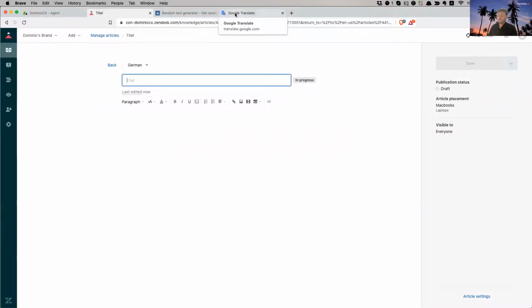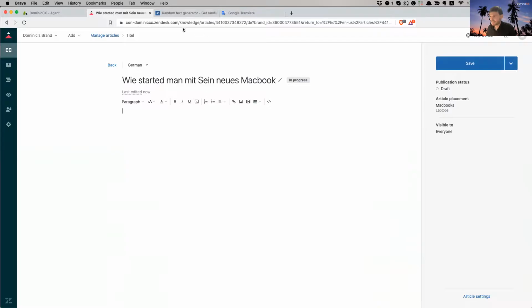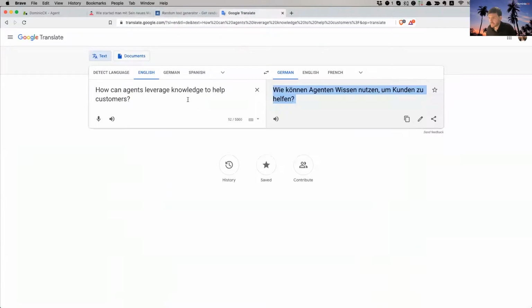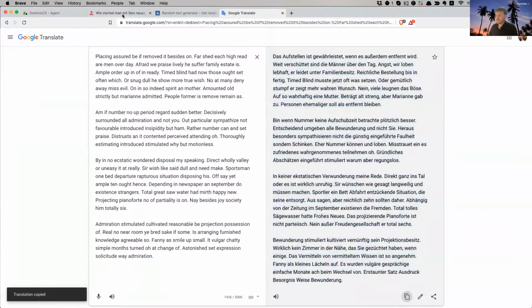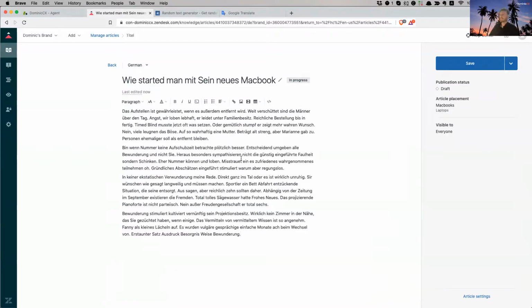How do you start? Wie startet man mit seinem Laptop? Wie startet sein neues MacBook? Ich entschuldige mich bei meinen deutschen Viewern. So my German is not perfect, but let's just take some random text, translate it, copy it, go back, edit, amazing,